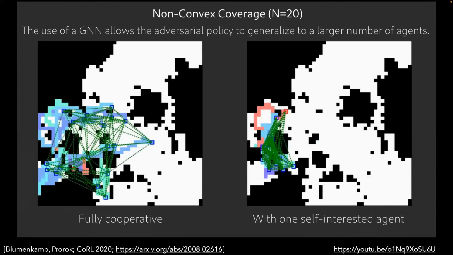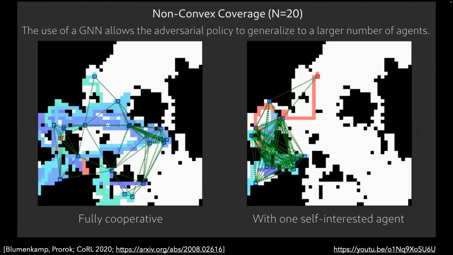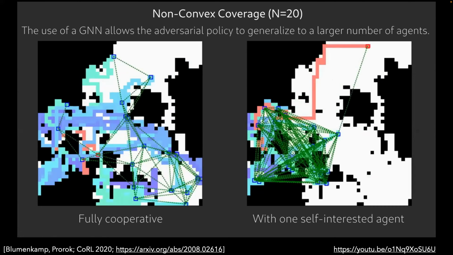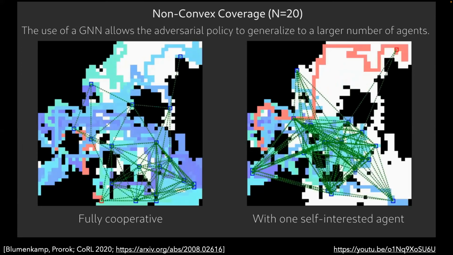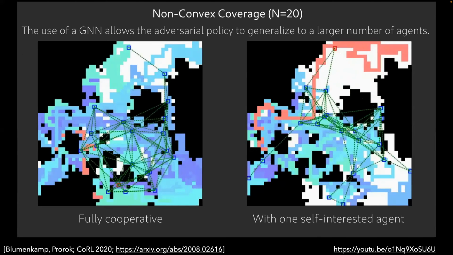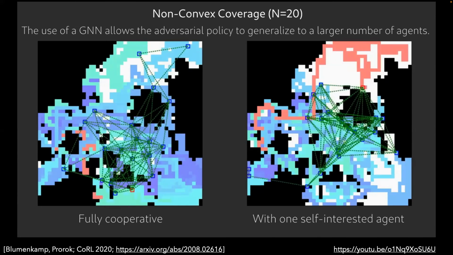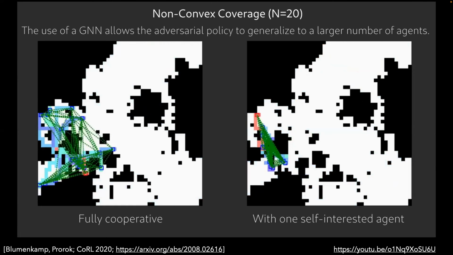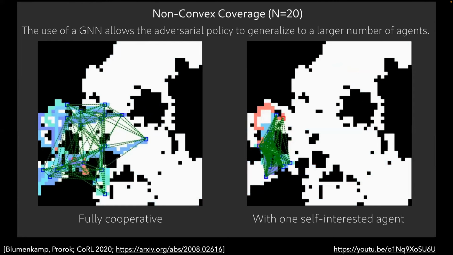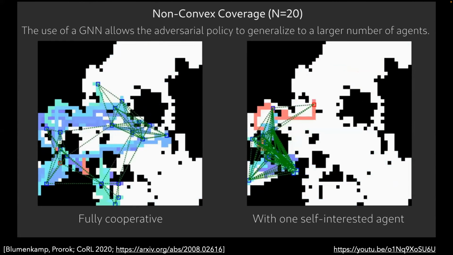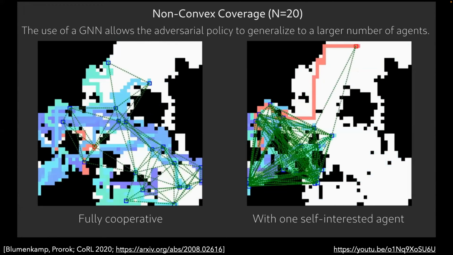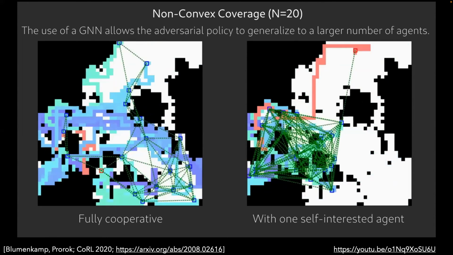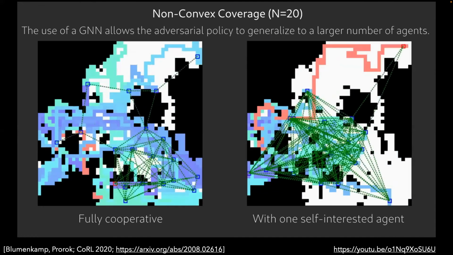Visually, this is what happens. On the left, we have a fully cooperative system, and on the right, we have the system where we did alternated training. And you can see how somehow the red agent is able to keep the whole blue team in check to explore an area that has already been explored, and it is keeping a lot of the virgin area to itself. And this was really quite interesting to us because the reward has nothing manipulative in it. It's simply an egocentric reward.